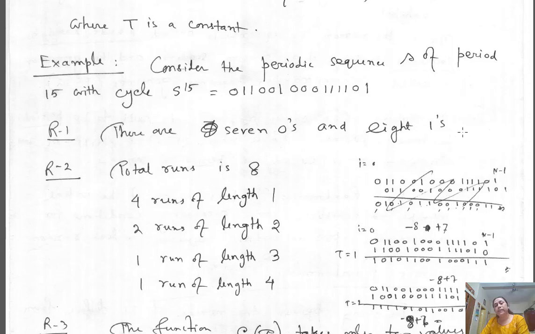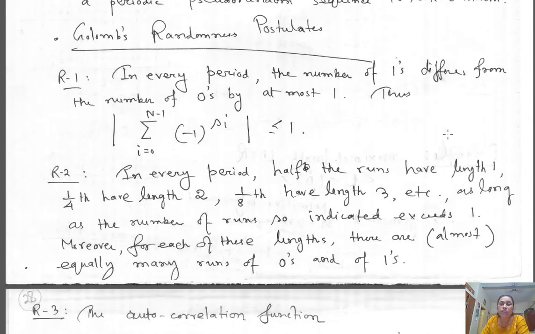And the third condition says, so this is sort of uniformity. This first condition says the number of ones and the number of zeros must be the same. Whether your sequence passes through this test or not, you can easily verify by writing a code for this. Mathematically, how to check whether your string has equal, or almost equal, numbers of zeros and ones, or they differ only by at most 1? So this is the expression. You have to write a code for this.